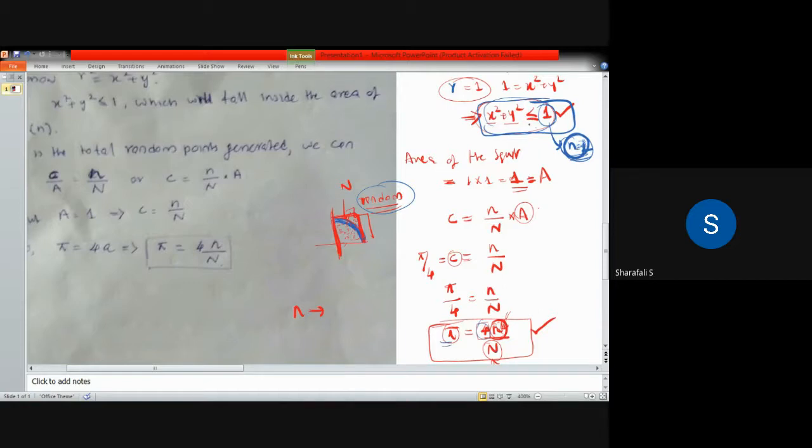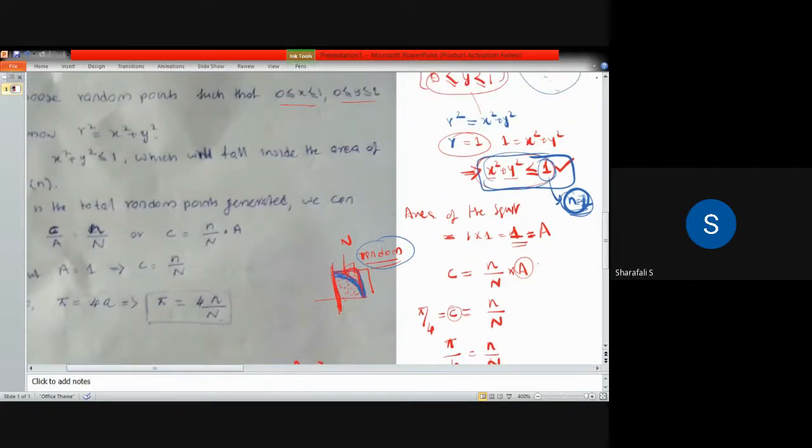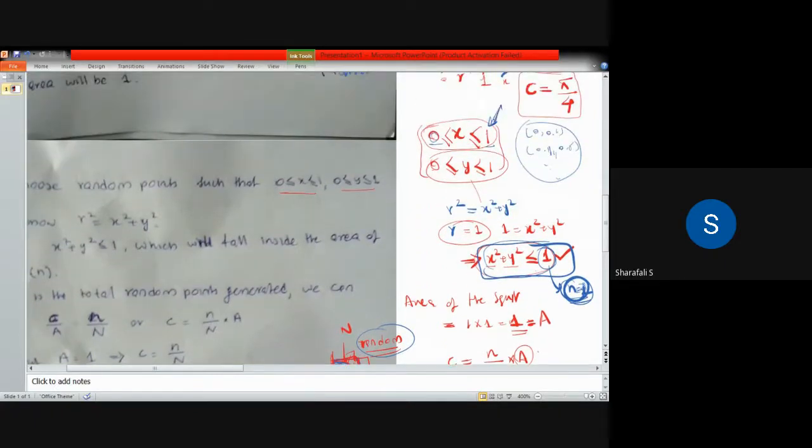And the total number of points, both inside the quarter circle region and outside of it, within the boundary limits of x and y that we have already defined, will all be considered as the total area of that square. If you divide small n by capital N and multiply with 4, then you will get the pi value by using Monte Carlo simulation.